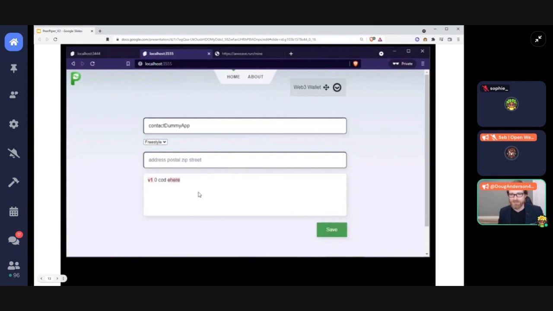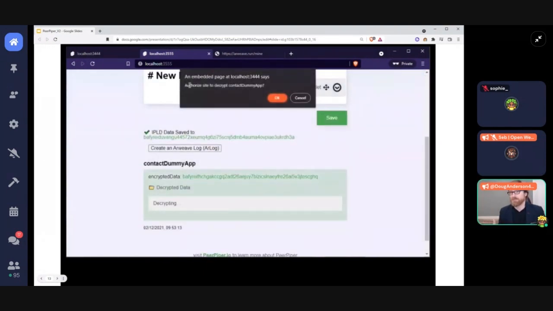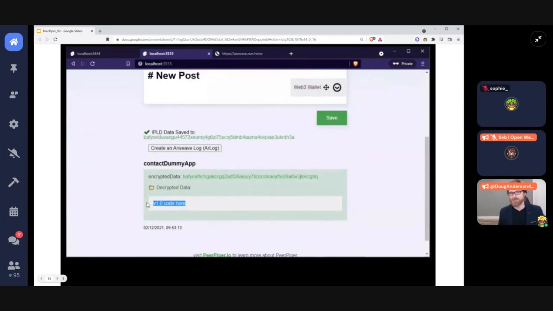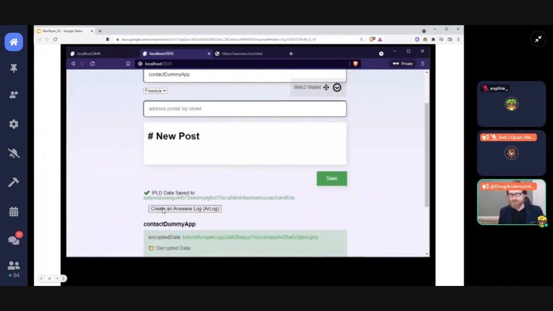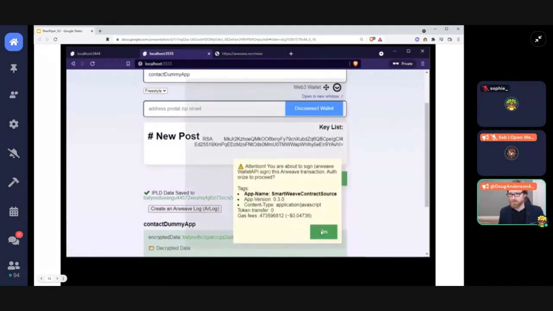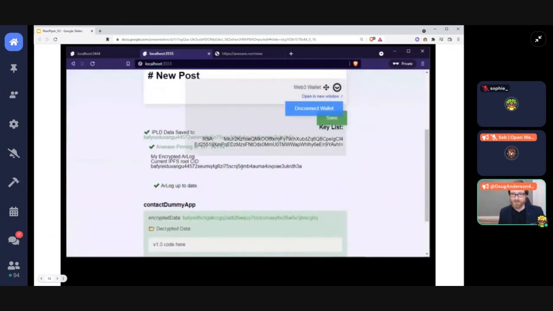This is just some dummy code here to show the functionality. And you would save that to your Web3 data silo. So we encrypted it, so we can authorize ourselves to decrypt it. We've got the key. Fantastic. There's version 1.0. Now what we want to do is pin this to Arweave. So we use a library that I wrote during Open Web Foundry called rlog, and we save that using a SmartWeave contract. Of course, SmartWeave contracts, it takes 2 transactions to do, and we are pinned.